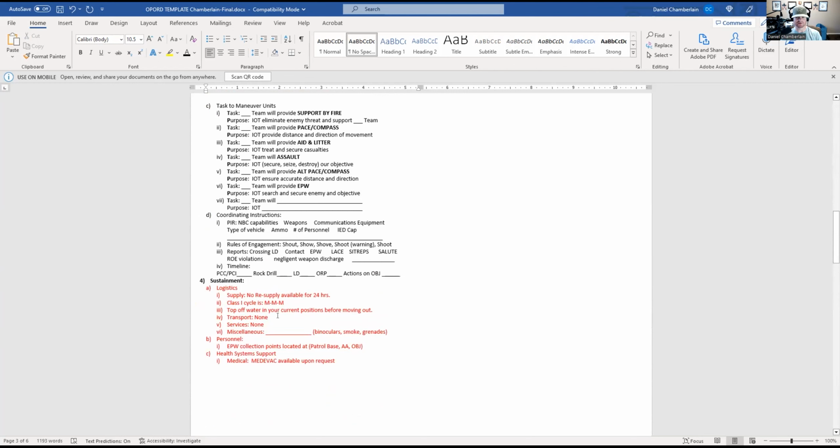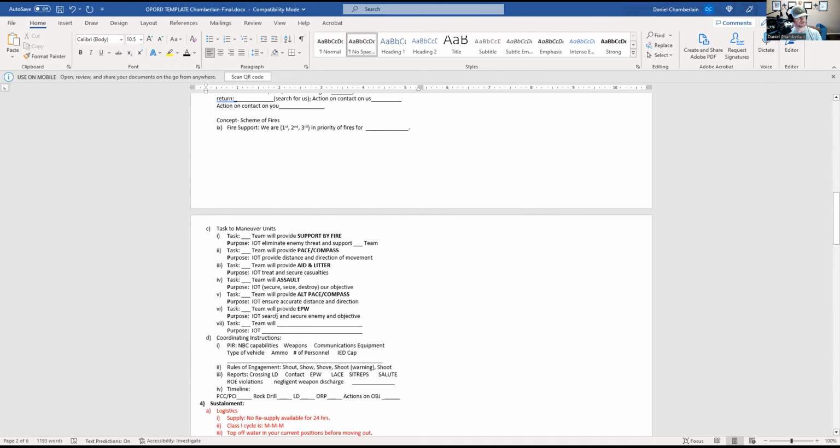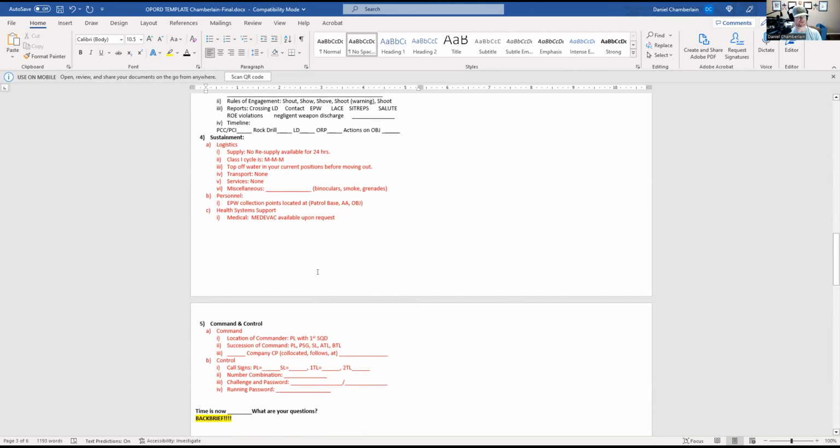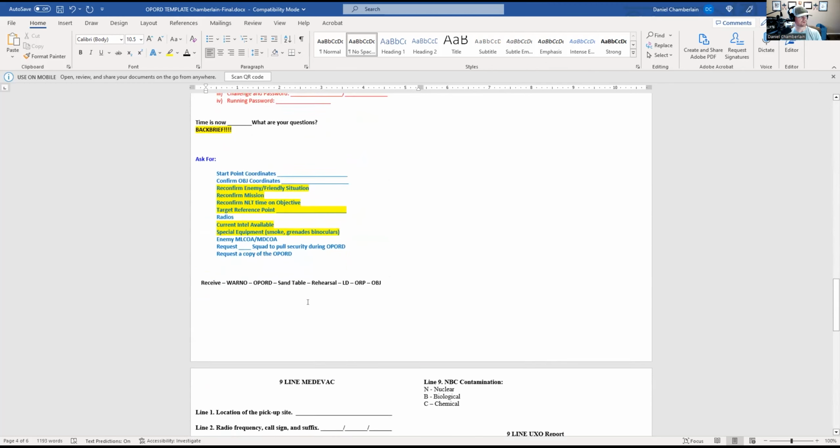I could probably even share this to you if you want to leave a comment down below and say, hey man, I really like that file. I'll send you the op order template. I definitely do not mind. You can't take it to Phase 3 now, at least not in Washington. I don't know about other states, but as of right now, you cannot take this to Phase 3. But man, it sure does help you learn it through and through.